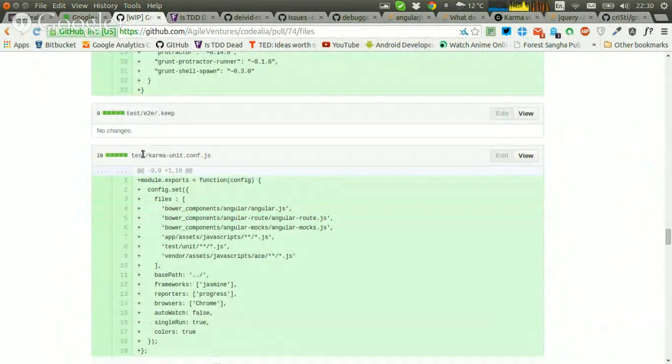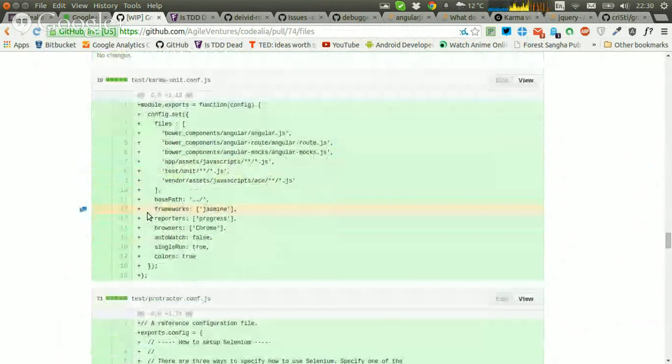So are we keeping the test directory? I thought we were moving stuff to spec. No, the other way. Oh, so we're moving stuff from spec to test. Yeah. Is there any reason for that? That's just what, I mean, usually you'll see an Angular app with app and a bunch of other directories, and then test. And then within test, the split between unit and E2E. Right. Okay. I suppose we can follow that